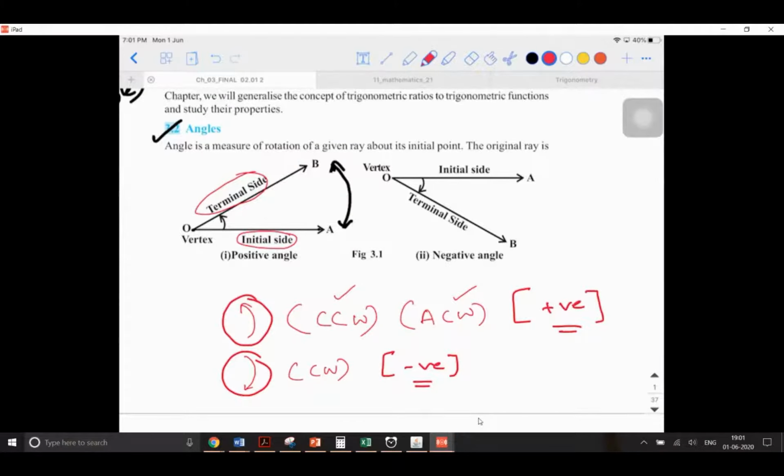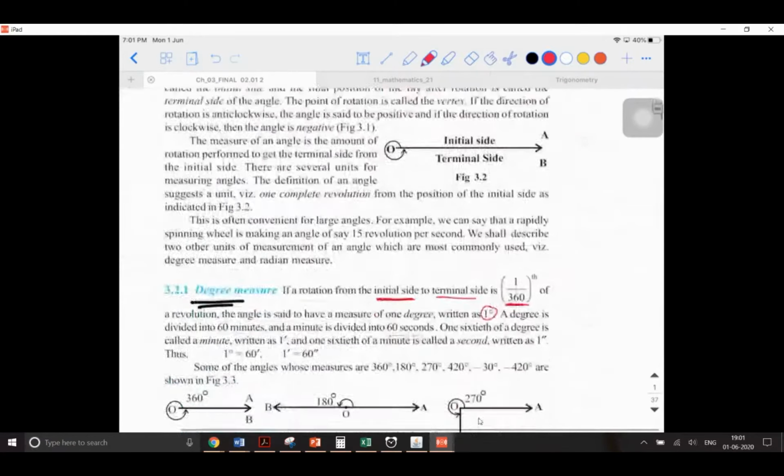For example, if you write the angle as 60 degrees, they will understand that you rotated in the anti-clockwise direction. If you write the angle as minus 60 degrees, then the person reading your paper will understand that you're trying to measure the angle in the clockwise direction. This minus and plus are just an indication for others who are reading the answers you're writing. You also need clarity on how the angles are measured. For that only, the examples are given here.